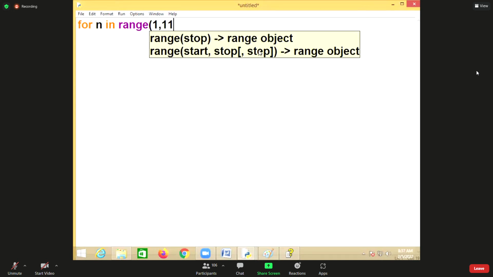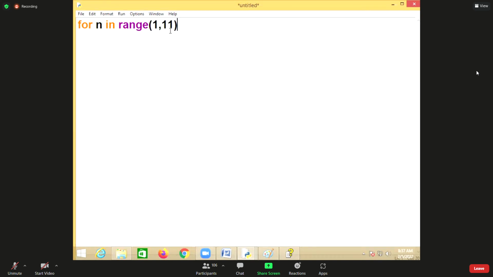What is the default step? 1. Is the default step positive or negative? Positive. If the step is positive, the start must be less than stop. Is 1 less than 11 or not? Yes. Then this will generate how many values? 10 values: 1, 2, 3, 4, 5, 6, 7, 8, 9, 10.